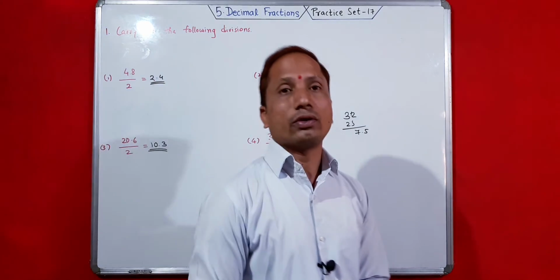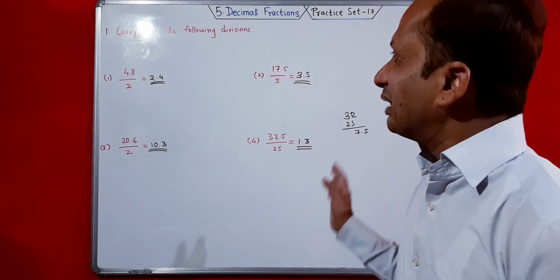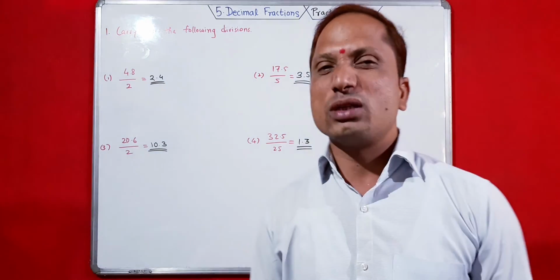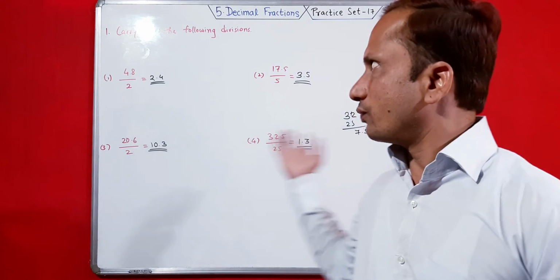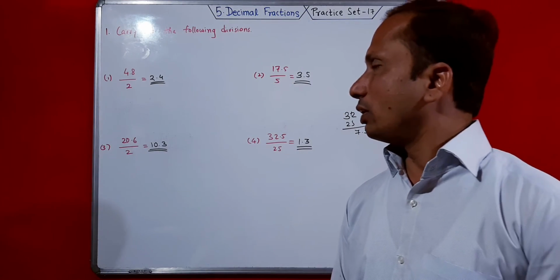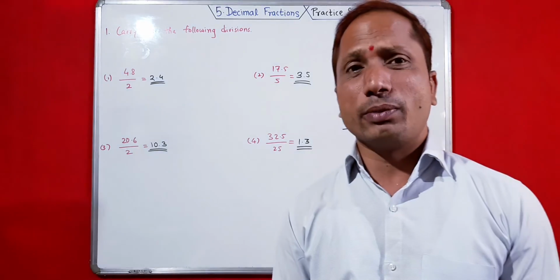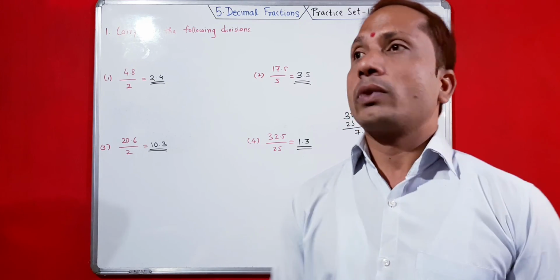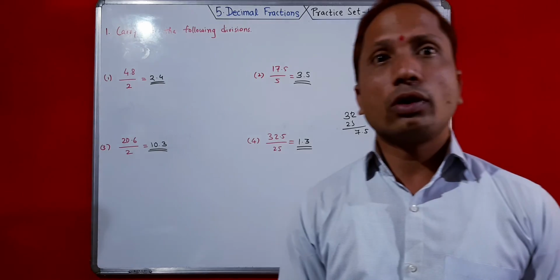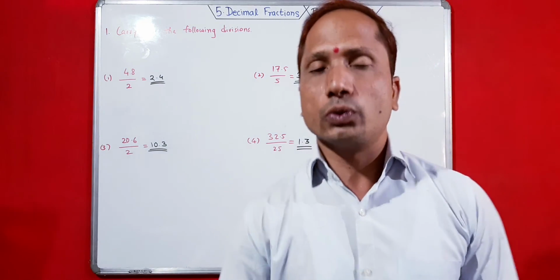Okay, very easily you can solve this by just doing the simple division of the given numbers, placing them in the denominator. This is the way by which you can do the divisions. Or more methods are there, you can use any method for divisions. Different ways are there, you can follow any way and do this division. This is the first question we have completed and now we are going to solve question number 2.